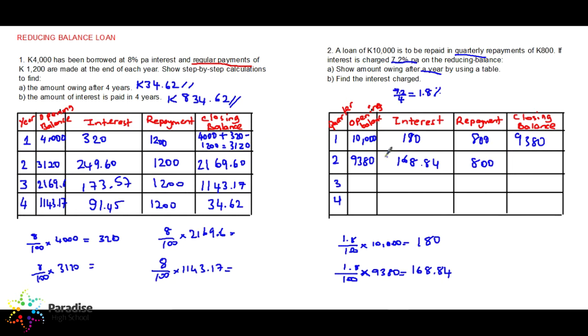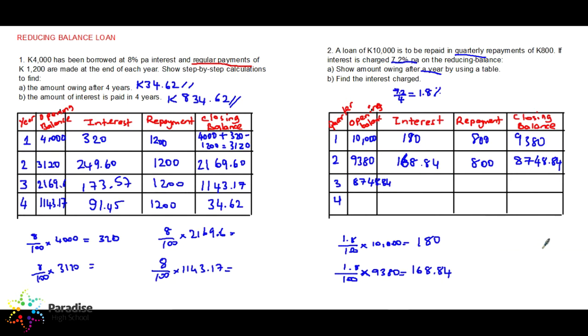Then what is the closing balance? We will add this to the opening balance. Then plus 9,380 minus 800. So that makes 8,748.84 kina. Then that comes as the opening balance,